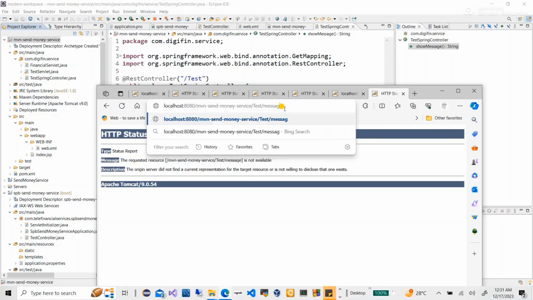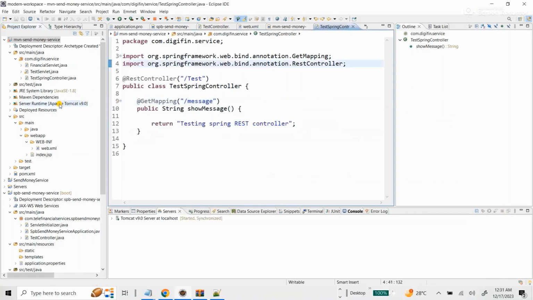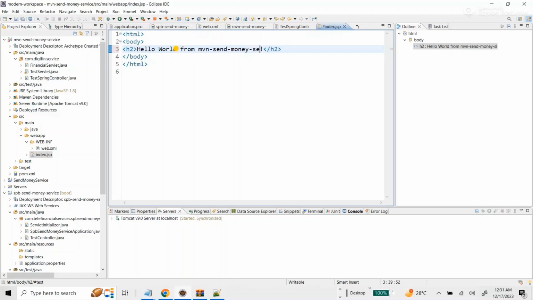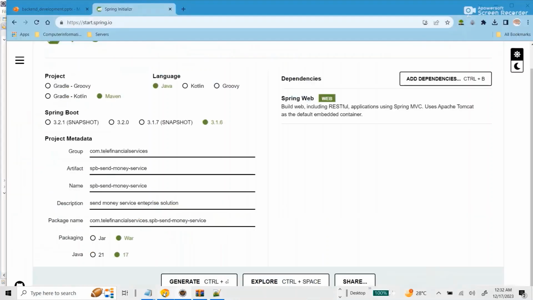So it knows how to find the landing page, which is fine because, as I explained earlier, the web app contains files that your server will access publicly, and one of the files is the index.jsp. So if I even change this to hello world from service, it will still work because it's running. When it accesses the web app, it comes to web.xml. When it comes to index.jsp, it fires from this page. So if you even do a refresh of the page,